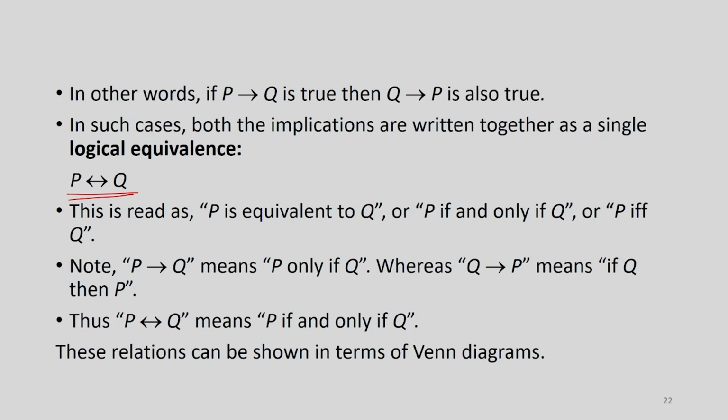Okay. Thus, P logically equivalent to Q, that is if and only if, means P if and only if Q. Here we are combining these two, only if and if, both together, and then you have this logical equivalence. These relations can be shown in terms of Venn diagrams. With the help of a Venn diagram, it becomes very easy to show what is meant by the one-sided implication or